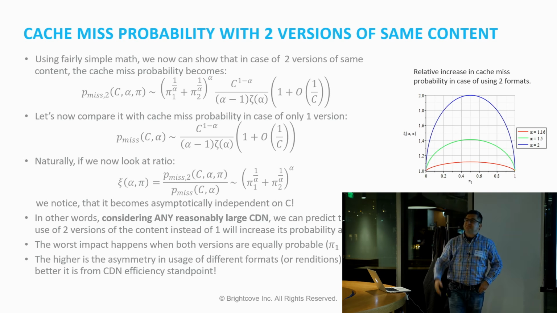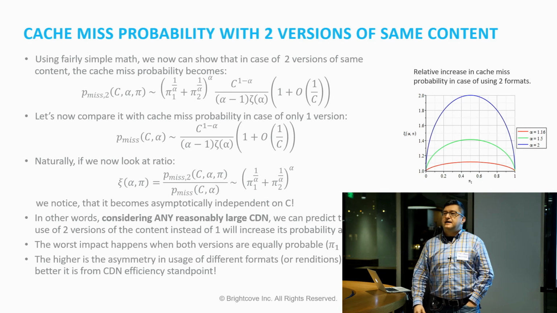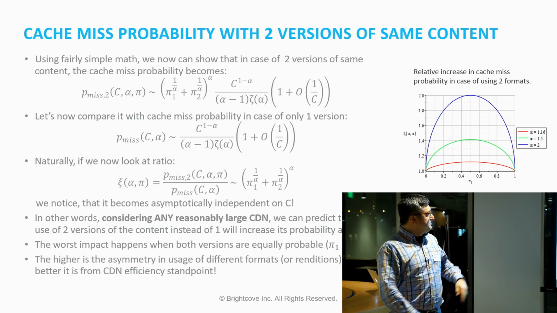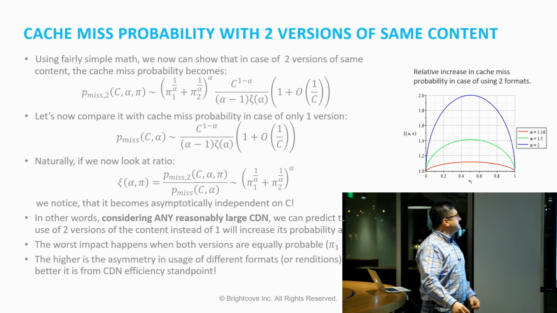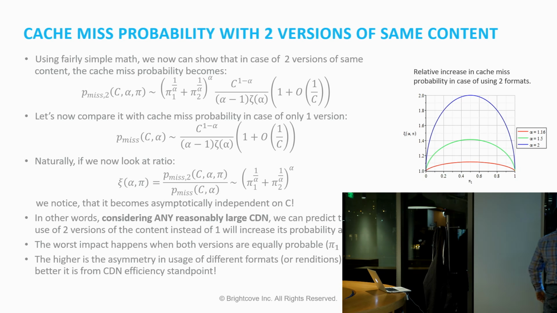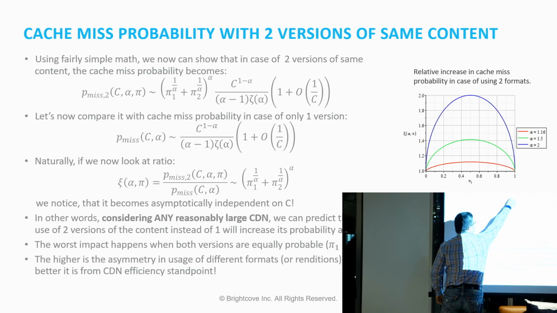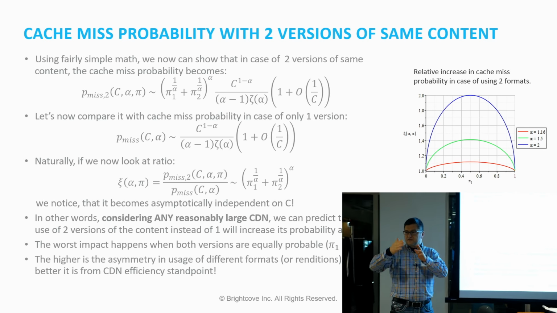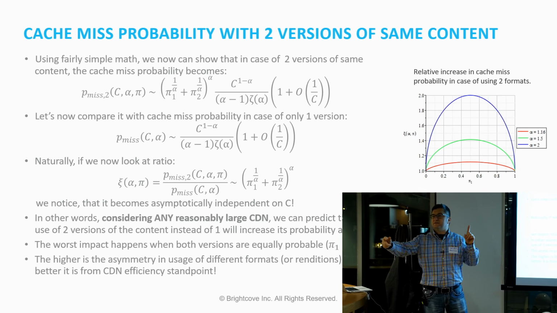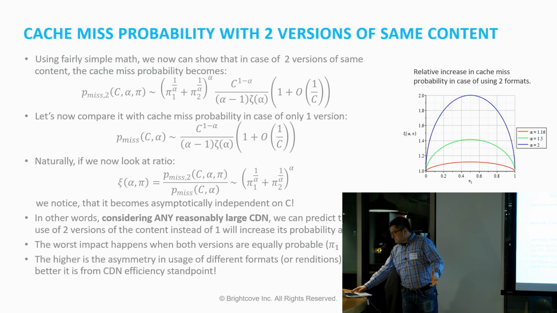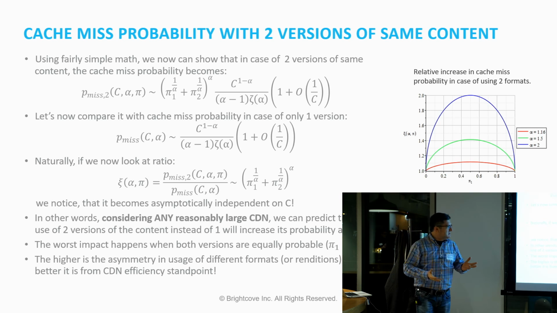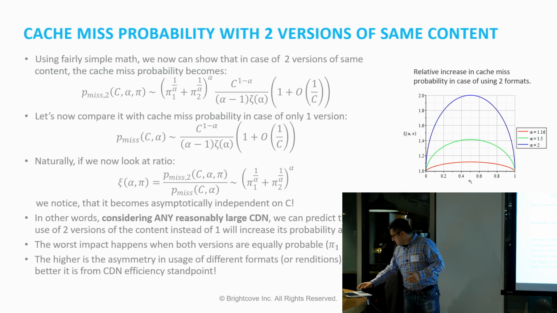So yes, please. Would you explore taking this to multiple versions of the same content? This could be done for an arbitrary number of formats, so it's a similar extension. It becomes a sum of, what you see here is actually the LP norm of the usage probabilities. So for n formats, it becomes an LP norm over n of them. That's a very simple recipe we arrived at by just doing a very basic mathematical experiment.